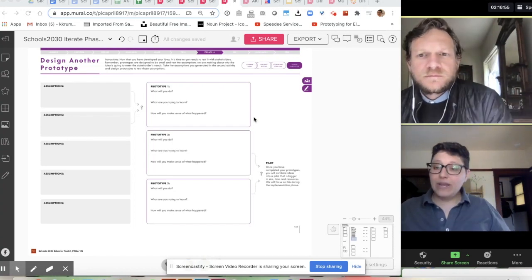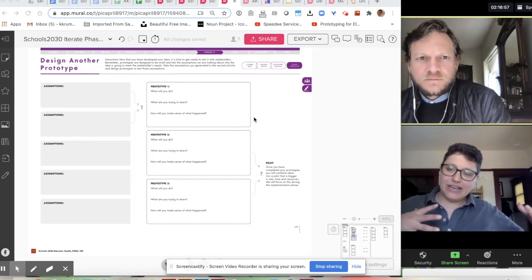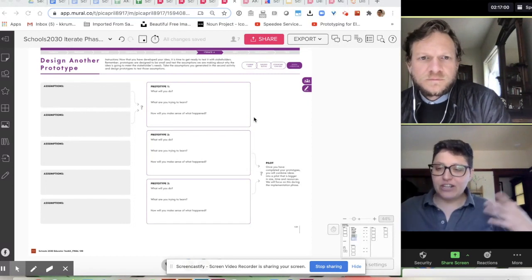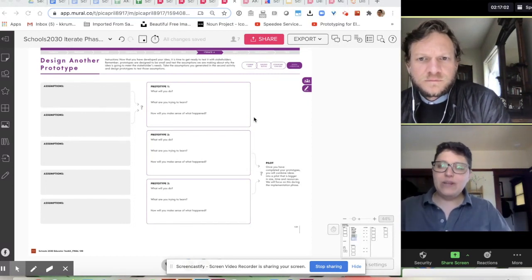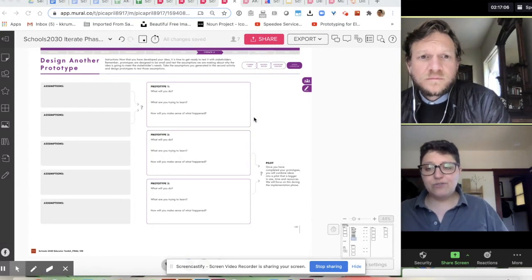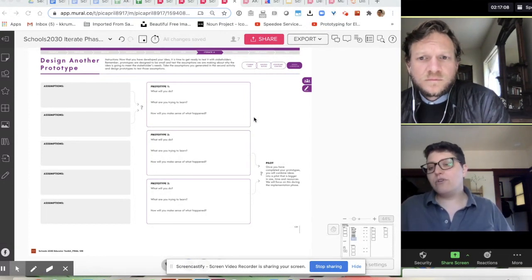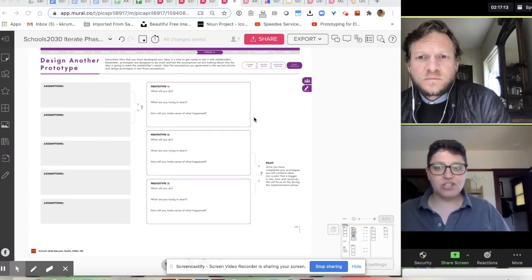Okay, so we've now done the building to iterate, fleshing out the idea, developing it. We did a storyboard of the experience. And both of those activities were really meant to help us think through our concept, but also to understand and surface assumptions that we're making that we want to test with the next round of prototypes and testing.